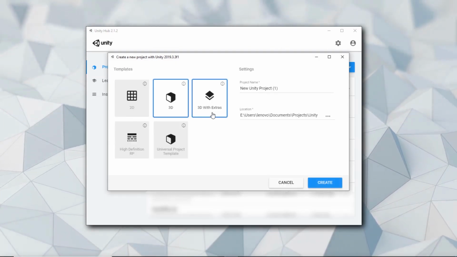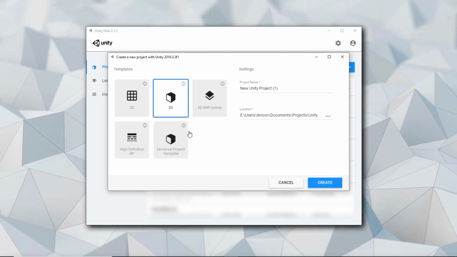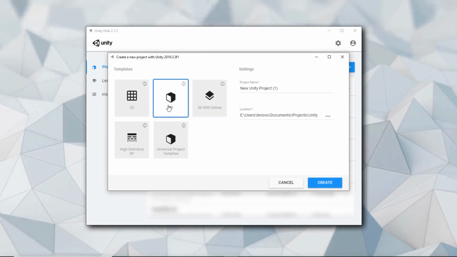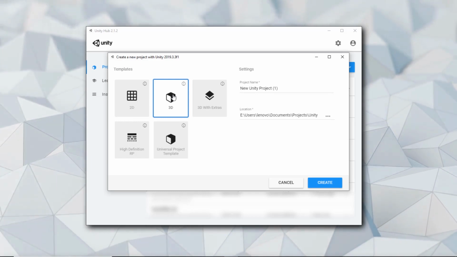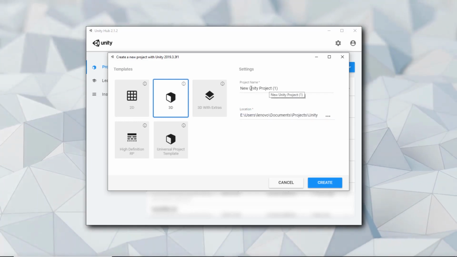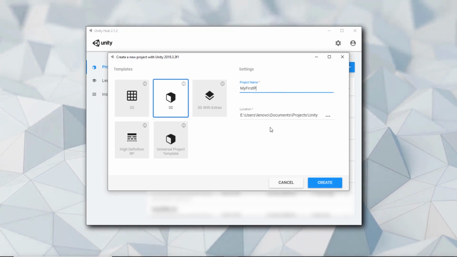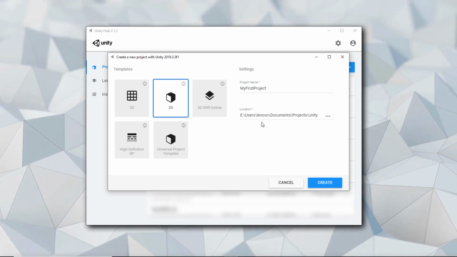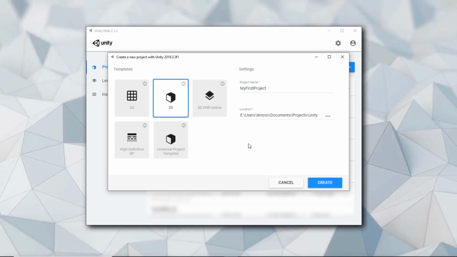When you get to the next page, you'll see some options to choose your project and game type. Unity has some great templates to choose from that will install all the necessary functionality for your chosen game type. In this part, you can also choose where to store your project folder on your computer and give your project a meaningful name. For my example, I'm gonna call this project myFirstProject, and note that I'm using camel case here. I'm not including spaces in the project title, and it's a good practice to get into as some operating systems don't like spaces in file names.